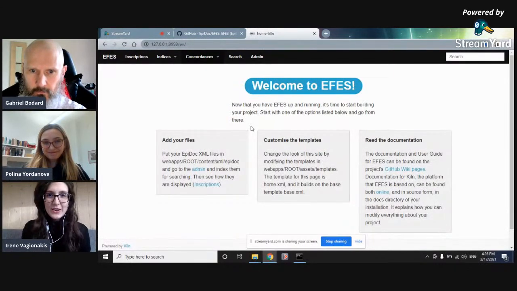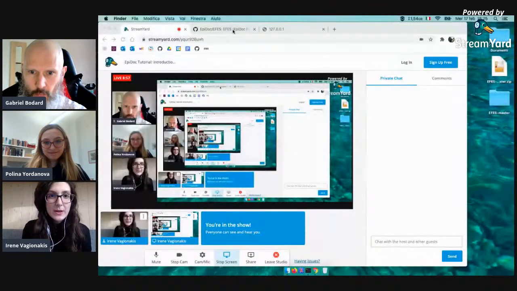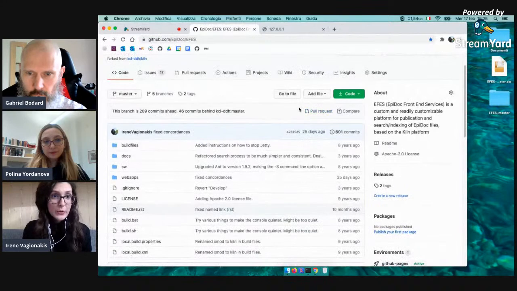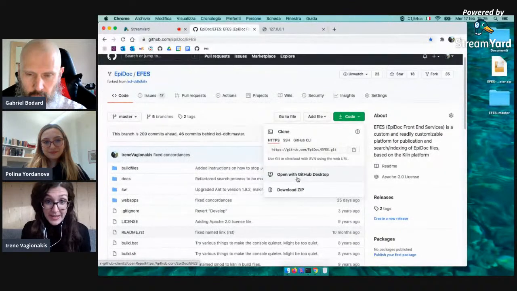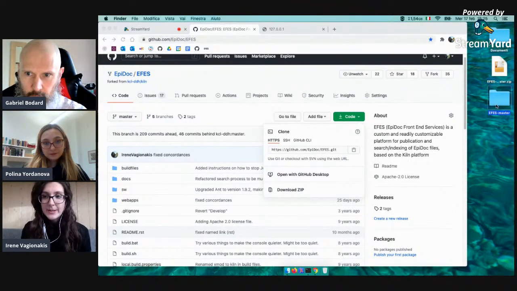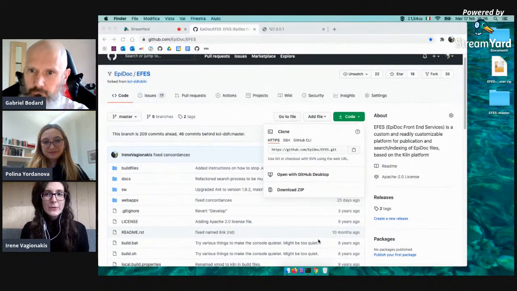Okay, so let's start from seeing how to run EFES on a Mac instead of on a Windows. The first part is the same, so you have to go here and click on code, and you can either open it on GitHub Desktop or cloning it or downloading. In this case, I've downloaded the zip file. It's here, and I have already unzipped it, but again, as in Windows, you have to unzip it before doing anything with EFES. And at this point, you have to open the command line or terminal, as it is called on a Mac,